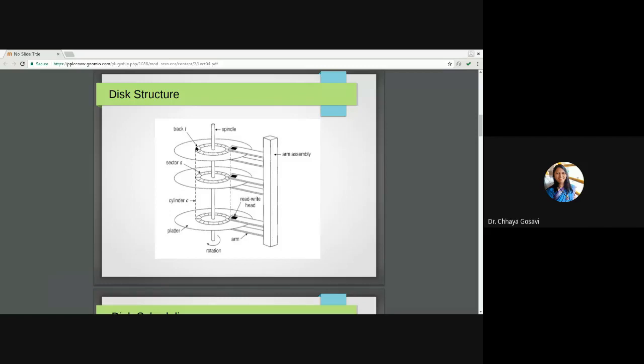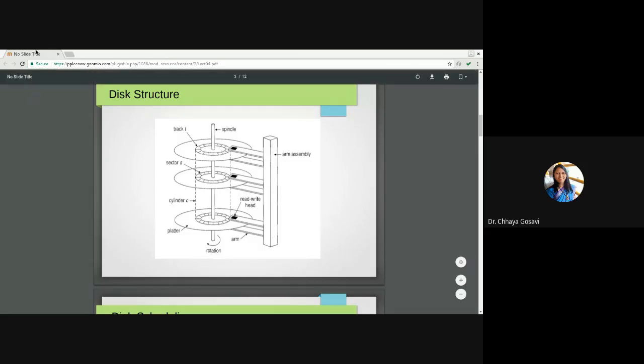One flat disk is called a platter, and if you map each track on each platter, this dotted line is an imaginary cylinder. So there are concentric cylinders also. And this is the read write head. Your disk is moving like this, and the read write head is moving from outermost to innermost like this. I want to show you a video.